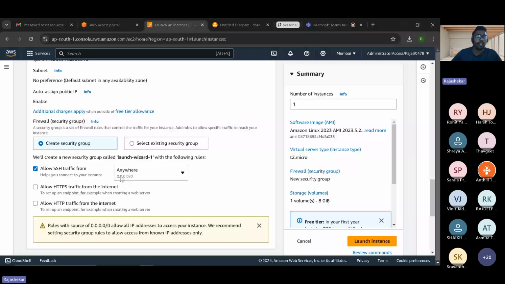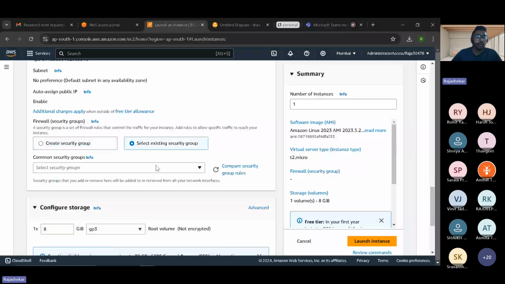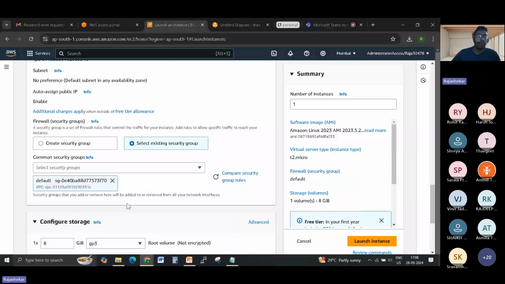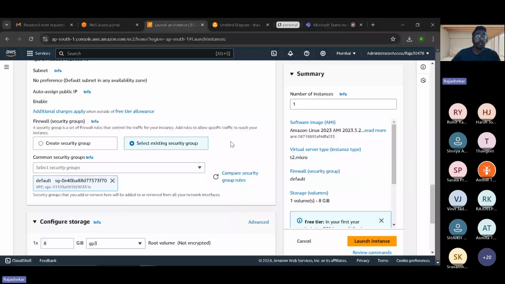Okay, so this is required to make a connectivity to EC2 instances. If this connectivity is not there, you will not be able to log in to it. So if you have an existing security group, you need to choose the existing one. By default, there is always a default security group available, which will always allow the connectivity to your EC2 instances for